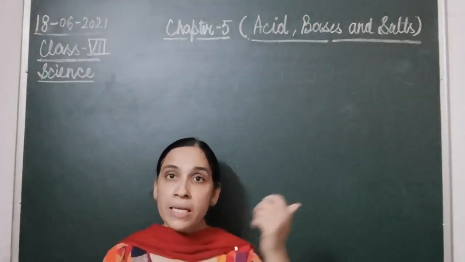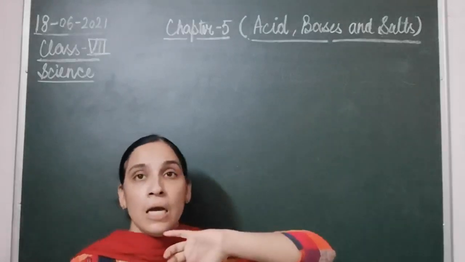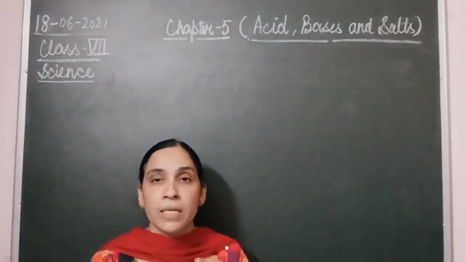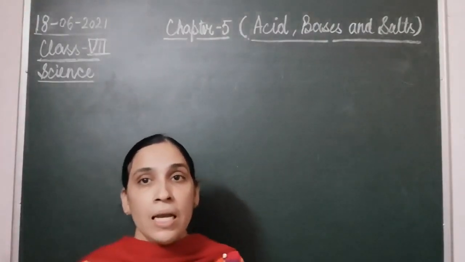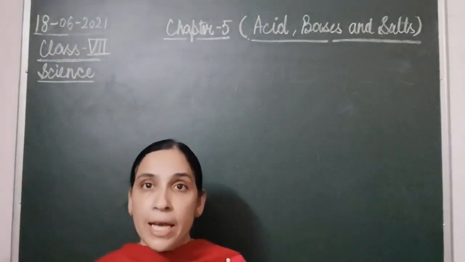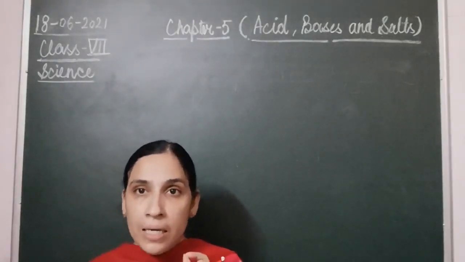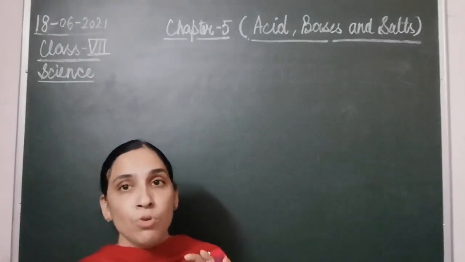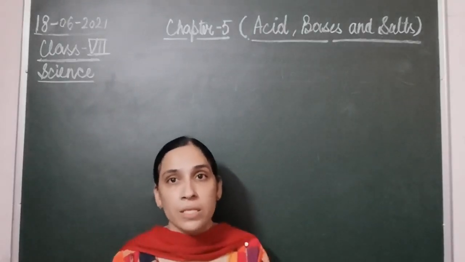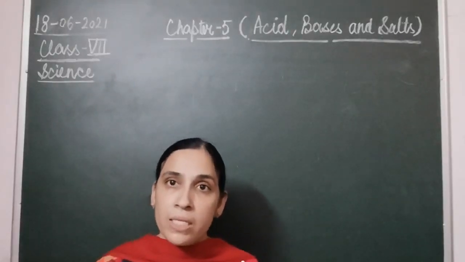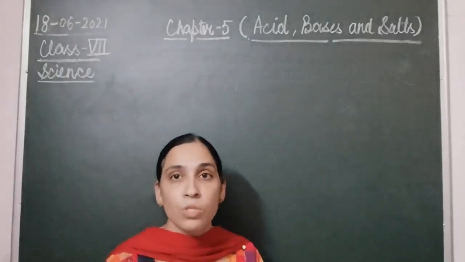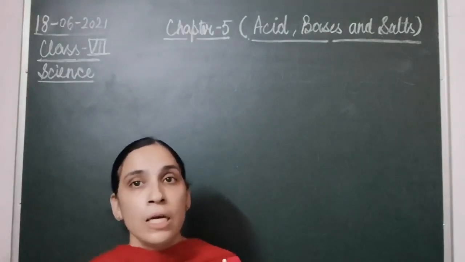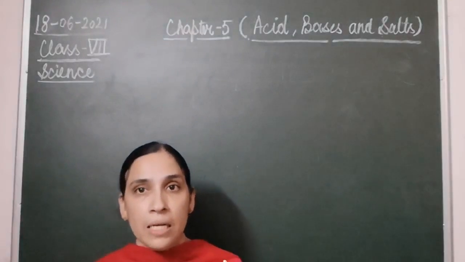Now children, we will come to the second part of this chapter, that is bases. Acids we have finished, and I want you to learn some chemical formulas of acids, like sulfuric acid, which I wrote yesterday, H2SO4, then nitric acid, HNO3, and hydrochloric acid, HCl. You are going to remember only these three acids with their chemical formulas. Now what is a chemical formula? How do we represent using symbols of elements? You might not have done that, so we'll come to that later on.